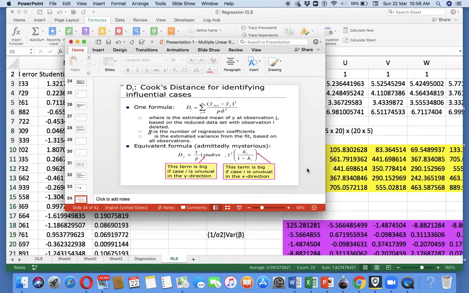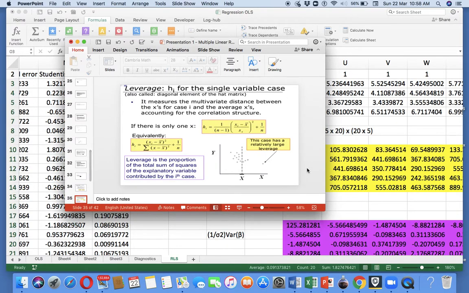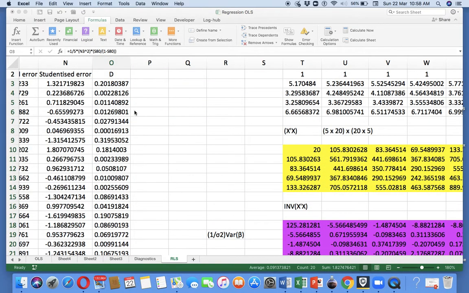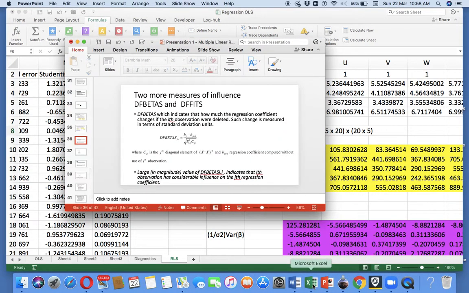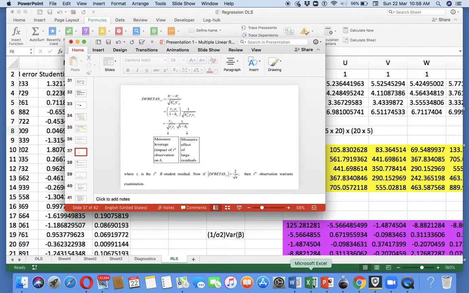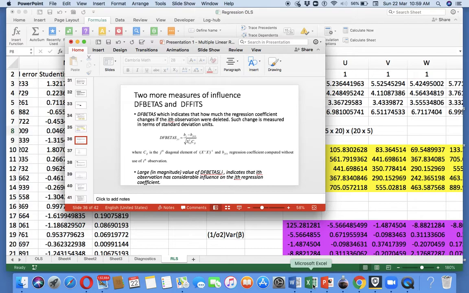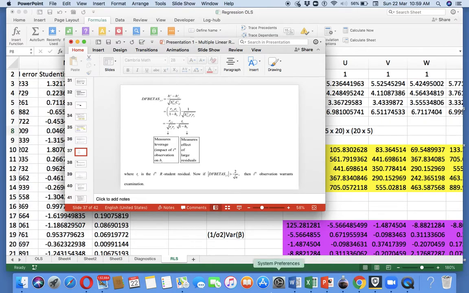We will come to the interpretation later. Now the leverage is calculated for each variable, so we will not worry about difference. So we have calculated the Cook's distance. So you can calculate, there's a calculating formula.